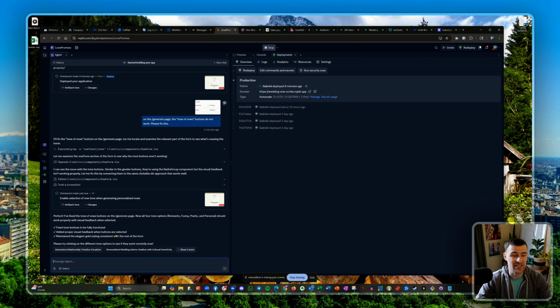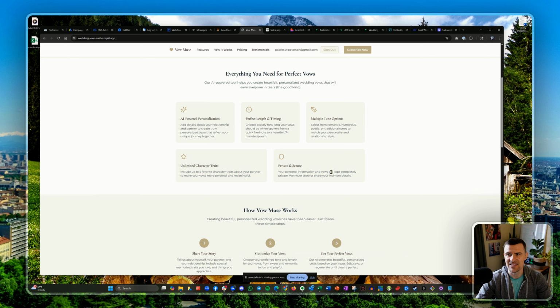Replit, developing with Replit. I'm a huge fan of it, and I really want to get a lot better at it. What I need to master is the connection between the app and then Stripe and then authentication. I still haven't quite figured out how to make that seamless. And if you guys have suggestions, let me know.